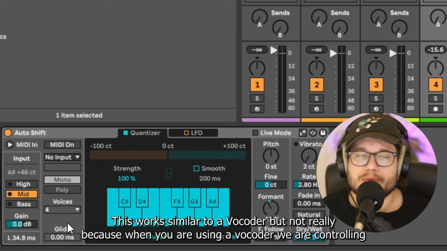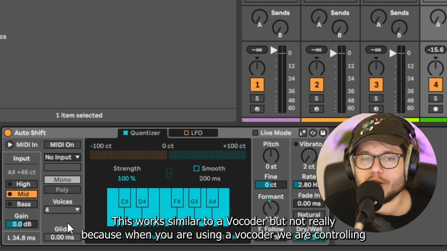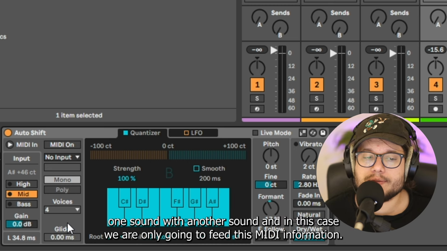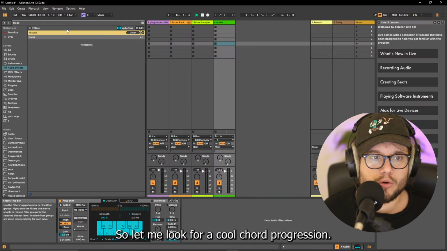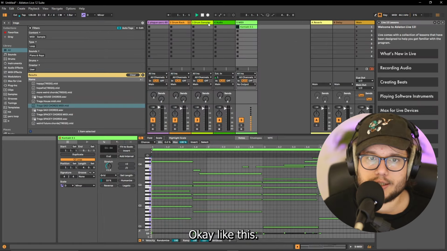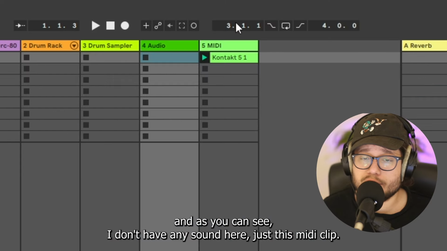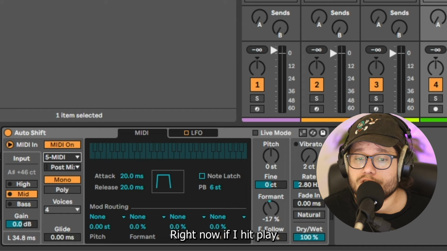This works similar to a vocoder, but not really, because when you are using a vocoder, we are controlling one sound with another sound, and in this case, we are only going to feed this MIDI information. We don't need to feed this as sound. So let me look for a cool chord progression. Okay, like this. So we can select MIDI on, input from. I'm going to select my chords, and as you can see, I don't have any sound here, just this MIDI clip. Right now, if I hit play,